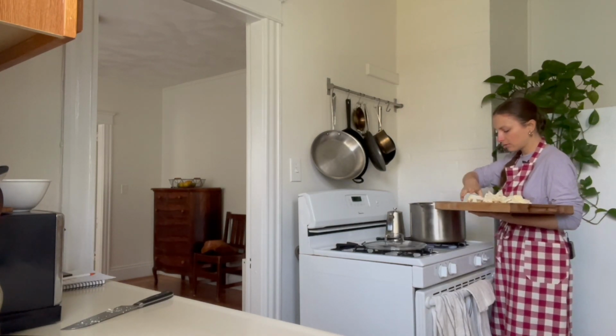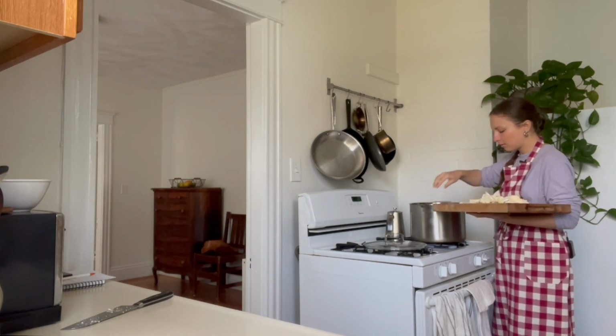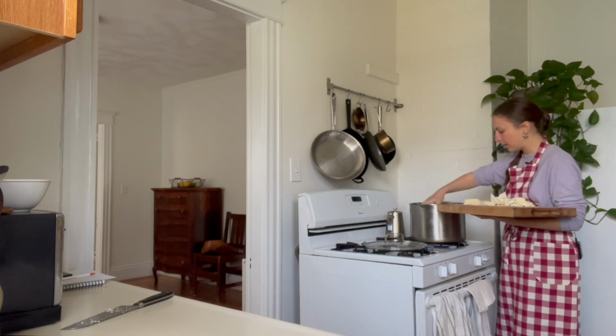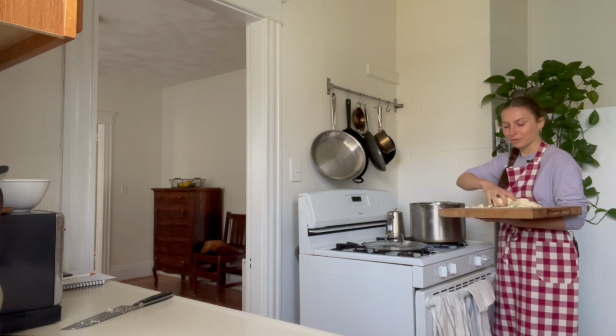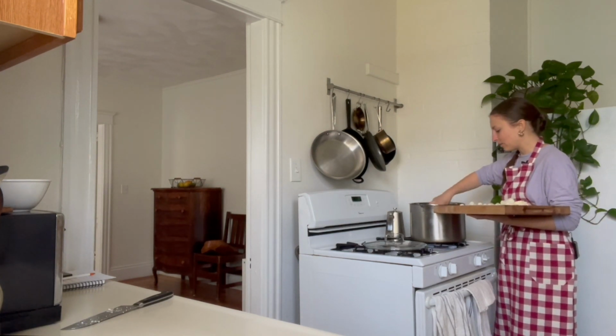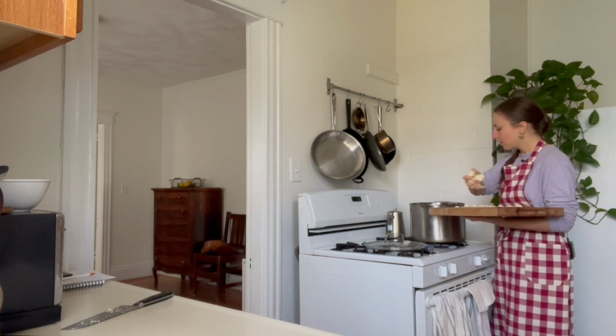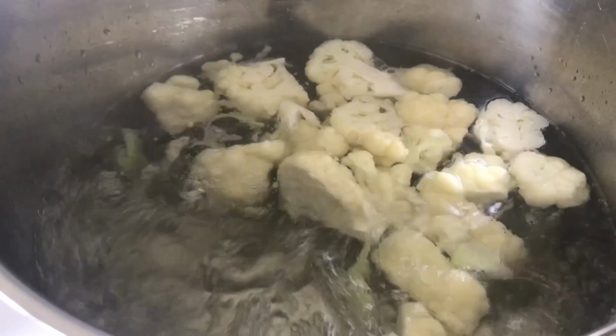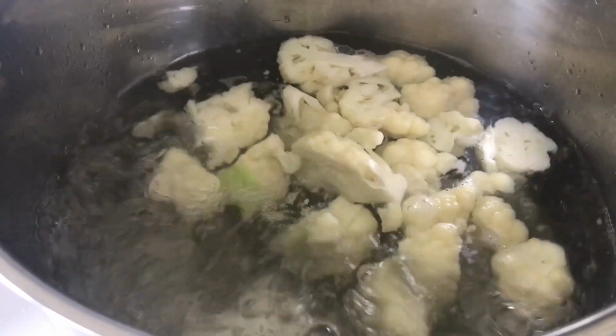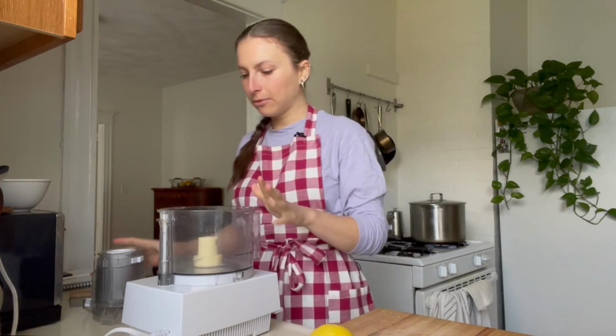You could also steam these. That would totally work as well, but today I'm gonna need the boiling water for a few things, and I'm planning on just reusing this same water for everything that we do today. And I'm gonna let that go for about 10 to 15 minutes, or just until the cauliflower feels cooked through, but not too mushy. So meanwhile, I pulled out my food processor, and we're gonna put together all the other